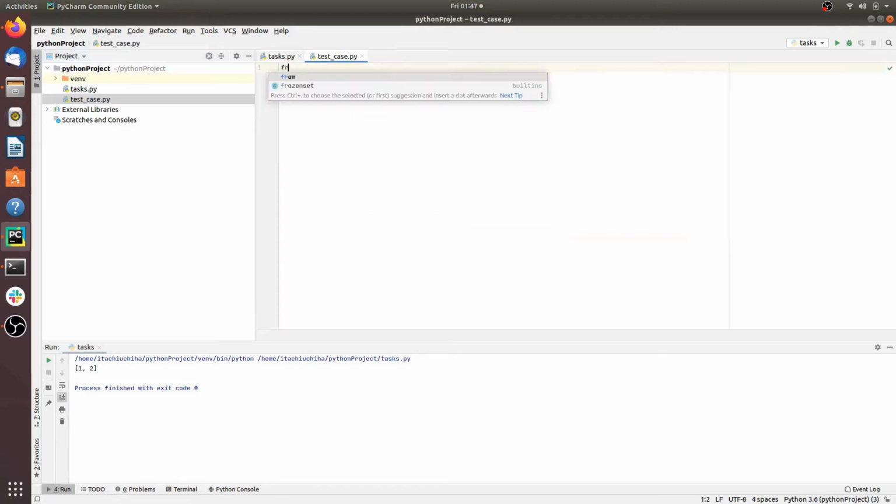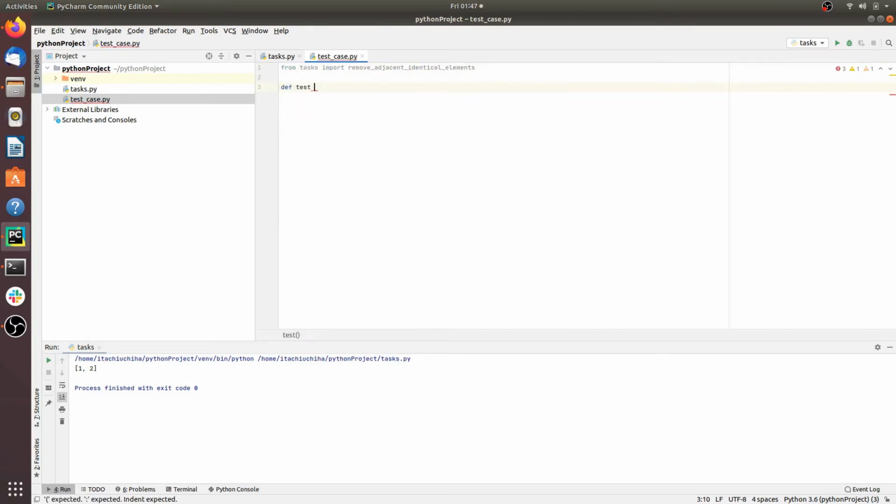Okay, so first let's import adjacent elements, and then we have to write a function, and the function must also have the name test. The reason is that pytest uses a string matching pattern to see if the test name is available or not. So there we go, done naming it. Now we're going to assert, we're going to send the list,